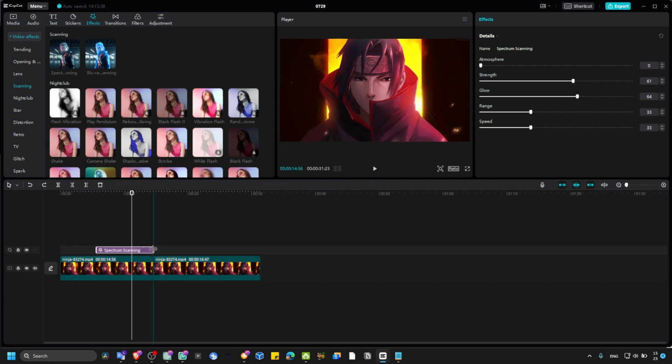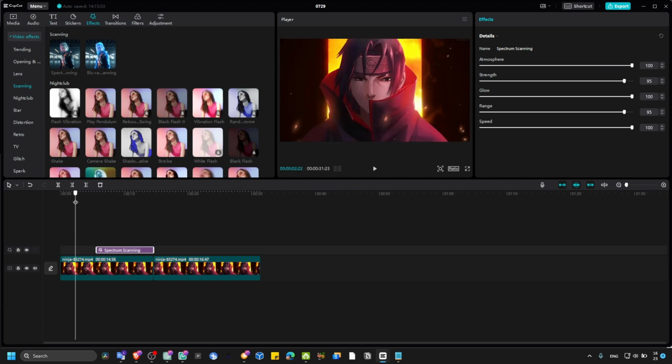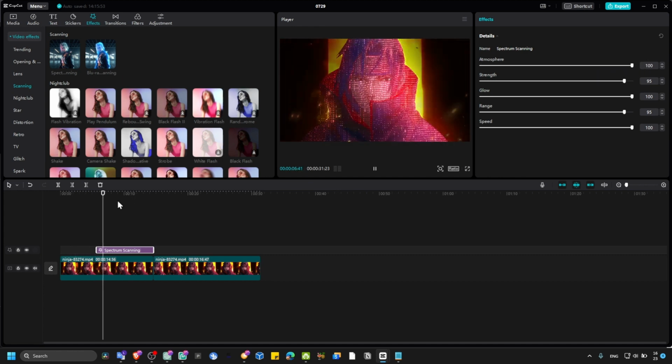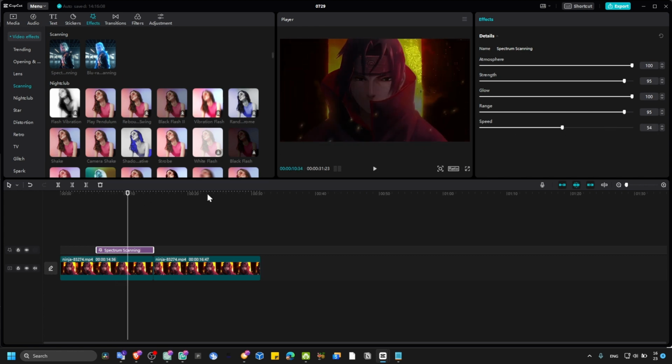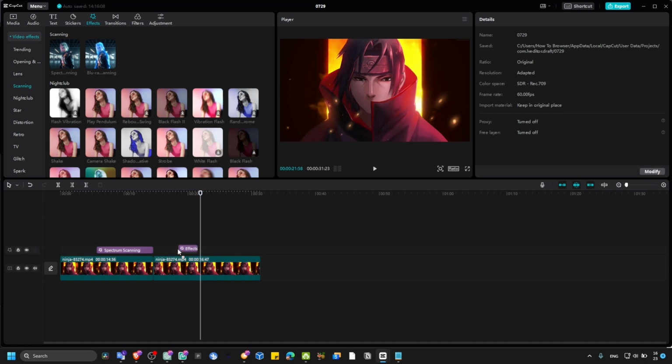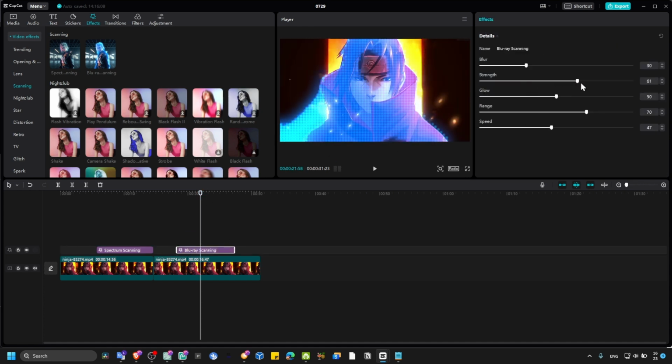That's the first one. From here, you can increase the strength, glow, range, speed, and atmosphere. And this is what we have. It looks really good. And now the second effect from here, we can increase the speed, the strength, and the